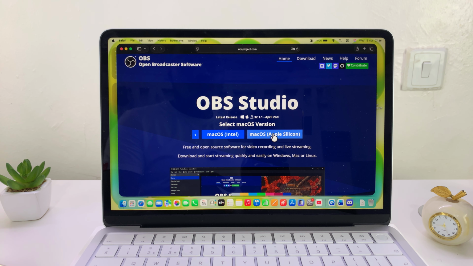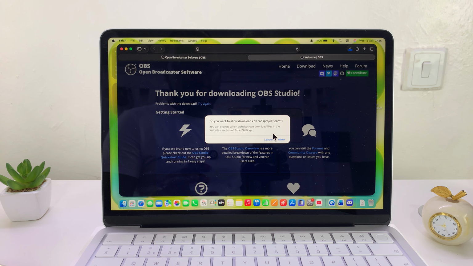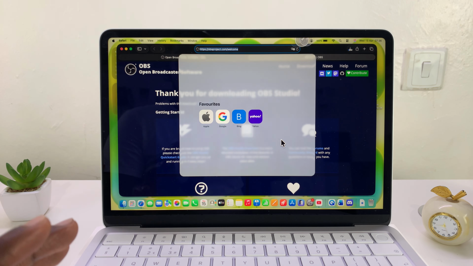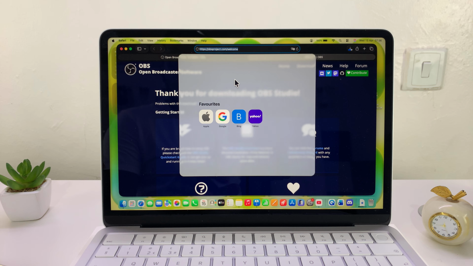So, of course, we don't have Apple Silicon here. We do have the A18 chip from the iPhone 18 Pro, but you want to select Apple Silicon. It's the closest thing you're going to find that will work or will be compatible with the MacBook Neo. So once you get that downloaded,